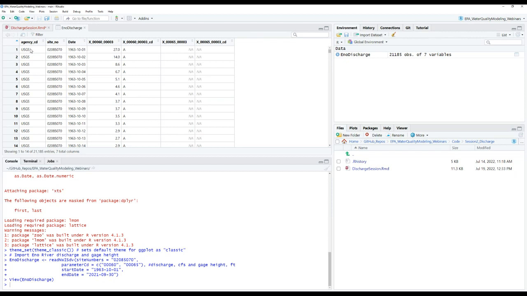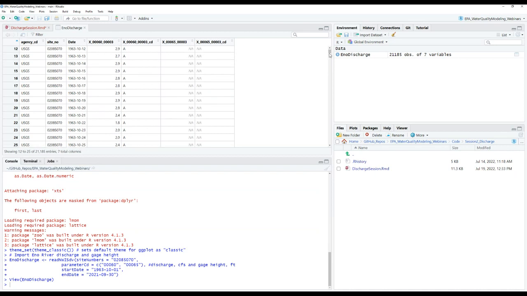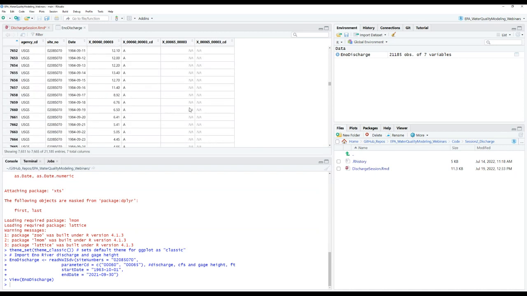So we've got an agency that took the information. This is USGS, our site number, which we provided in the code, and then our dates of measure. And notice that since we're grabbing daily data, this is just every day from beginning to end of the start and end dates. One thing that we might want to change the names of is we have these columns for discharge, the discharge code, whether that's approved or something else. And then we have our stage code with the approval code there as well. That's NA for a while, but we do have entries for stage further down.